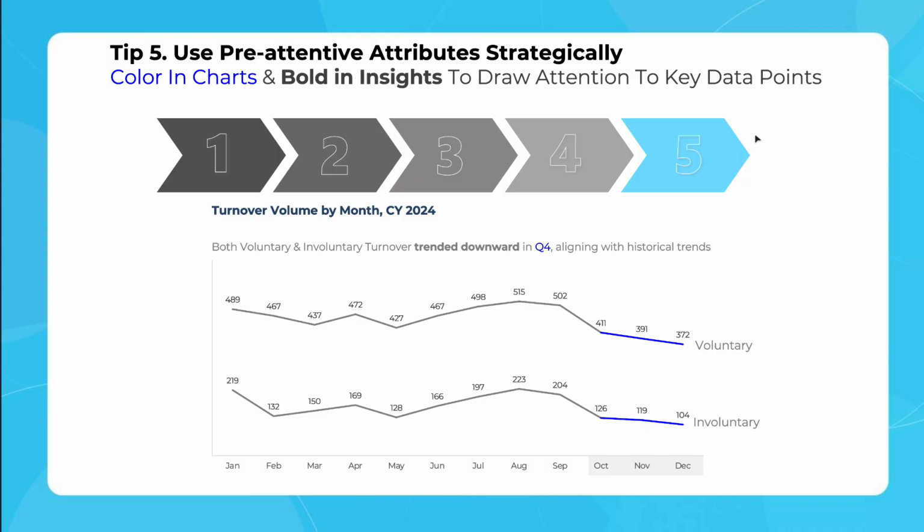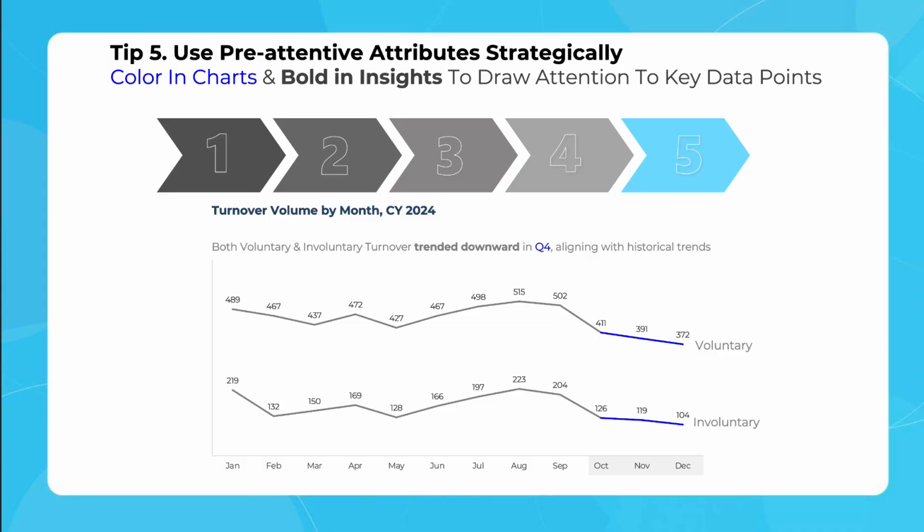Anything that draws your attention to a specific point is going to be a pre-attentive attribute. So my rule of thumb here is use color in chart and bold in insight to draw attention to key